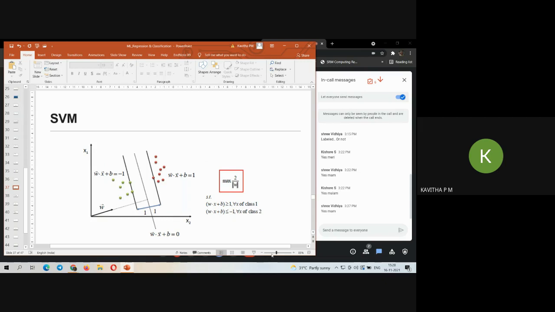Okay. So I guess you understood what is linearly separable and non-linearly separable. We can't group the values into two different categories by constructing a single line. So these are the two types of SVM, right? Here, what is the formula which we use for linearly separable SVM? Generally, to construct a straight line in a hyperplane, we use the slope formula, y is equal to mx plus c, and here we'll be using y vector dot x vector plus b is equal to minus 1. Why this minus 1? Any guesses?